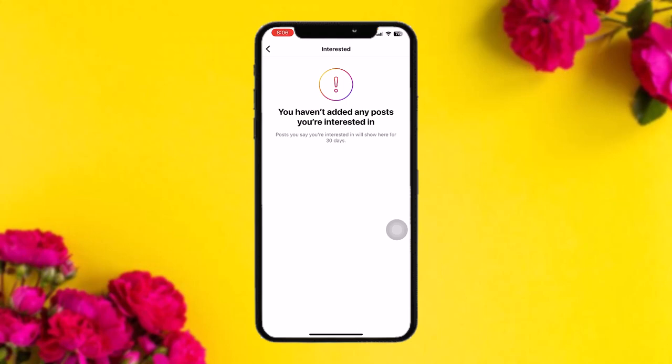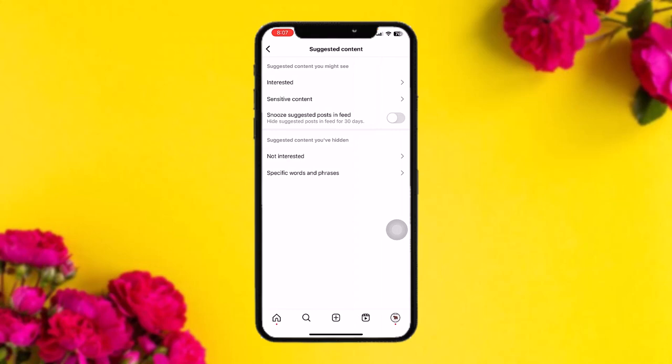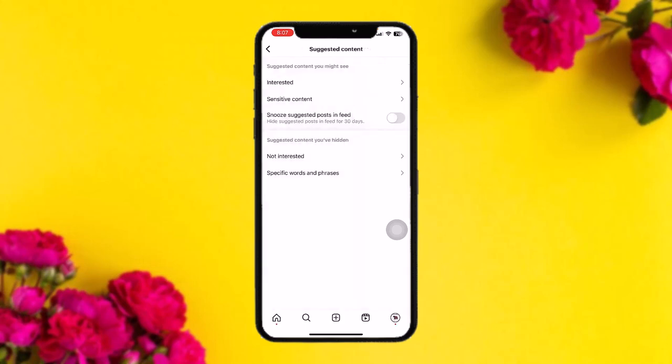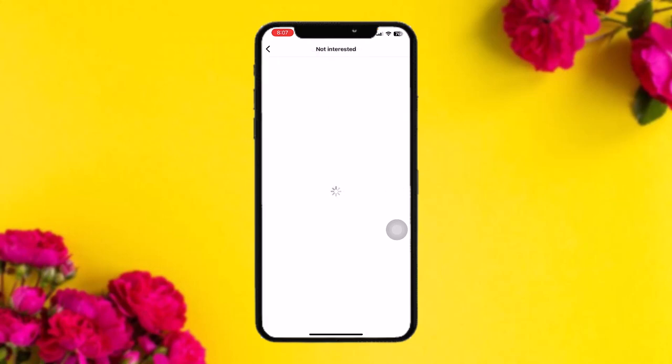Now simply remove that, and now go back, tap on sensitive content as well, and here you can see there are three options for your sensitive control. Either you can set it to less, or set it to more, or set it to standard as per your preference. Now go back, and once you're here, what you need to do is tap on not interested, and here